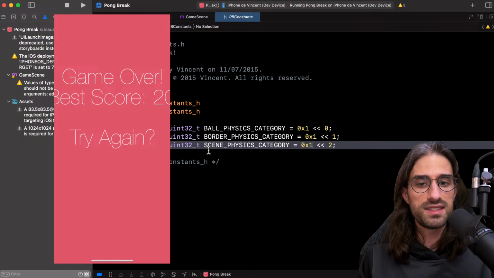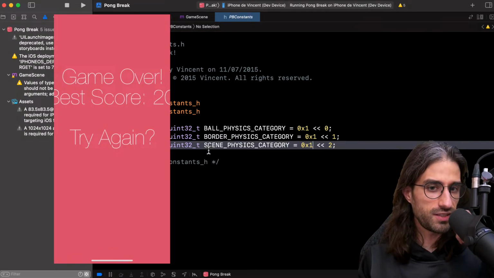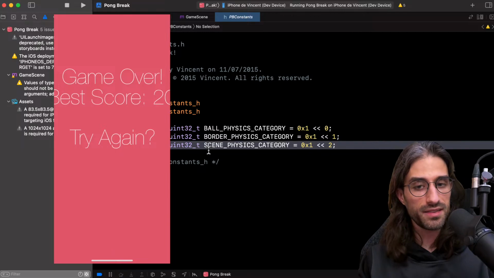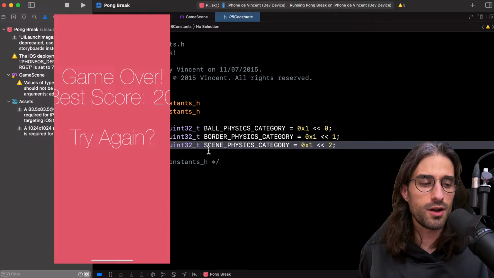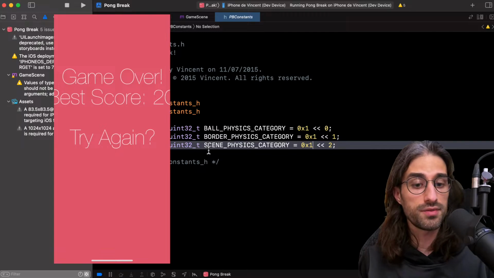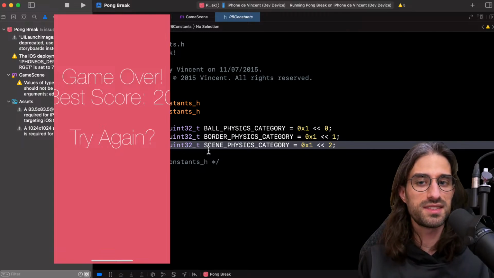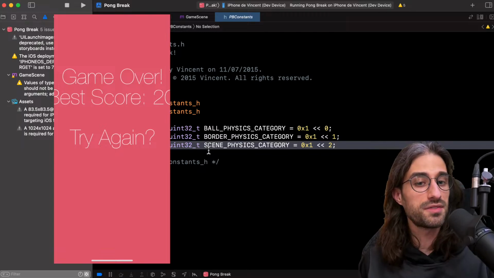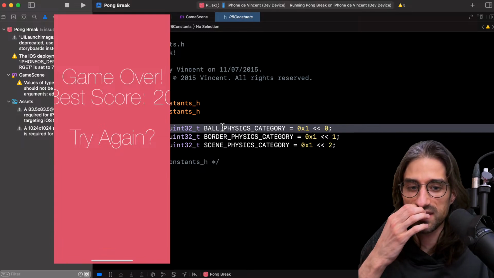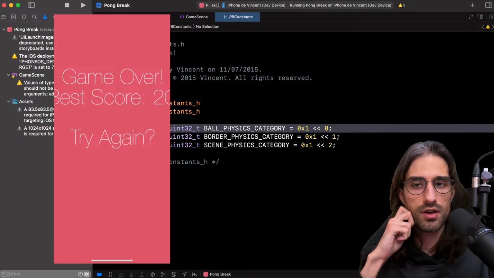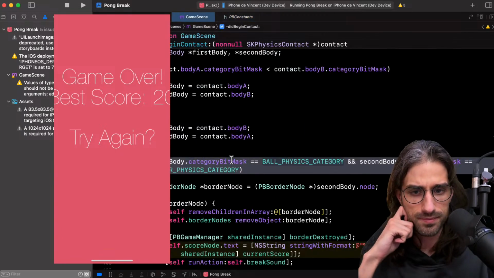This is very low level, but it is useful because it's very fast to compare. This is what basically allows SpriteKit to determine collisions in a very efficient way, because it needs to be computed for every frame. Back then there were 60 frames per second. Now there are 120 on iPhone 13 Pro and 14 Pro. So it needs to be performant, and this is why you have this kind of low level code.